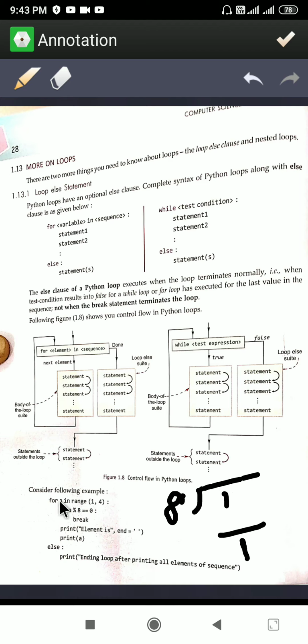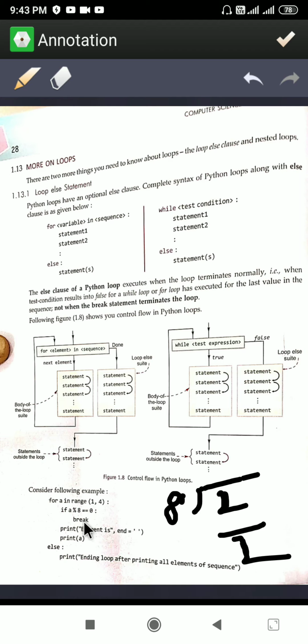Next the value of a will be 2. So 2 mod 8, this time the remainder will be 2. I told you when this number is smaller than the divisor, you will get the same number as the remainder. So is 2 equal to 0?